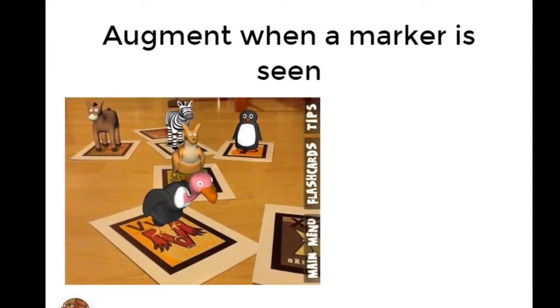The next reality type is a physical marker. You can have a symbol somewhere, and when the JavaScript library recognizes said physical marker, it will throw out an overlay on top of it. Like this children's game. I think it's an educational learning letters game. So the V card there has a vulture, the P card has a penguin, kangaroo, and so on and so forth, and the donkeys. So all of this is just whatever cards.